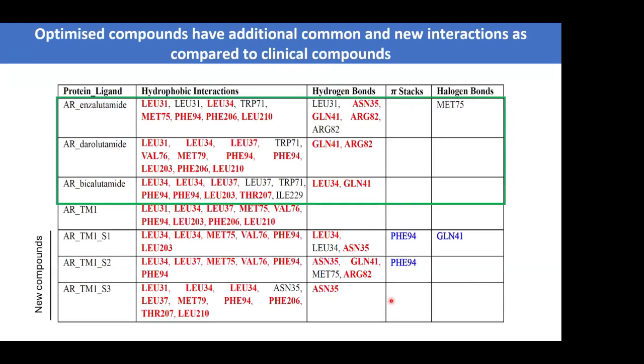And this increased affinity of these new compounds is due to the fact that as compared to the starting compound, with the new compounds, we now start increasing the number of residues on the protein that are common with the clinical compound. So we increase the number of known interactions that are linked with activity for this compound. Not only that, but we also start introducing some new interactions that are not seen in the clinical compound, and that may indeed improve further the activity of these molecules.